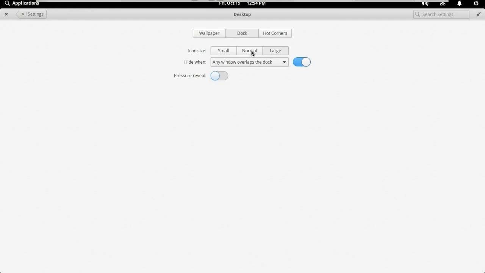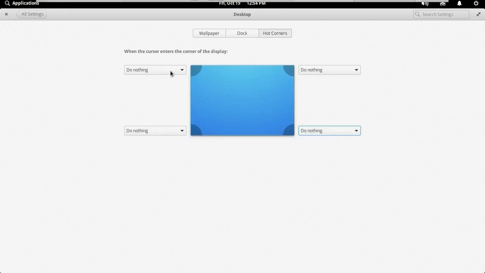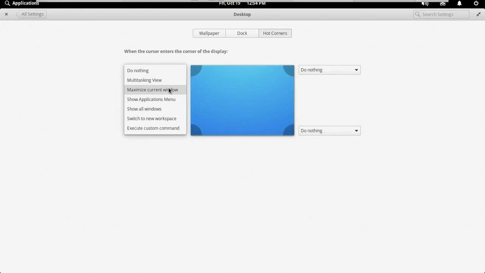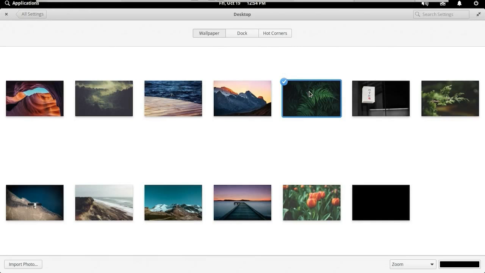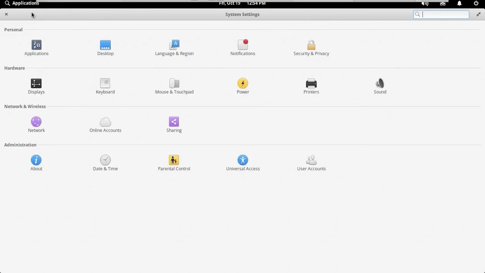And choose. I'm always a big fan of the normal dock only. Don't find hot corners. You can configure the corners here, like multitasking, maximize current window, show applications menu, like you can customize your corners, but I'm not going to do that. This is the wallpaper I want to apply, but